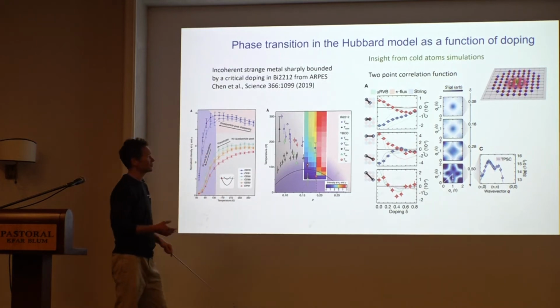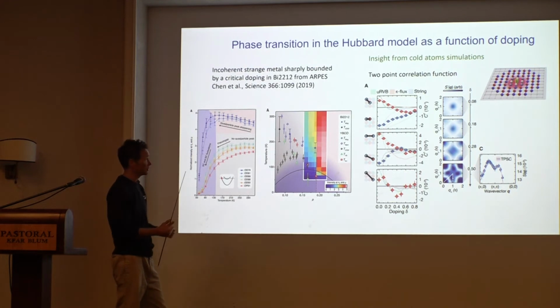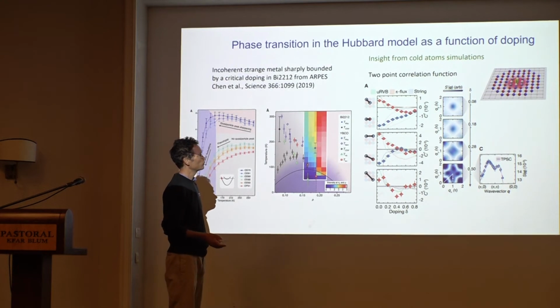And the idea is that in the Fermi liquid, we expect correlations to be antiferromagnetic. It's just the Pauli principle: we're much more likely to find fermions with opposite spin next to each other than with parallel spins, because parallel spins have some kind of effective repulsion due to the Pauli principle.